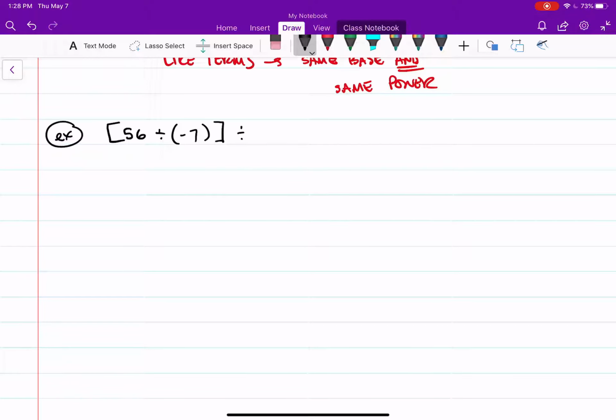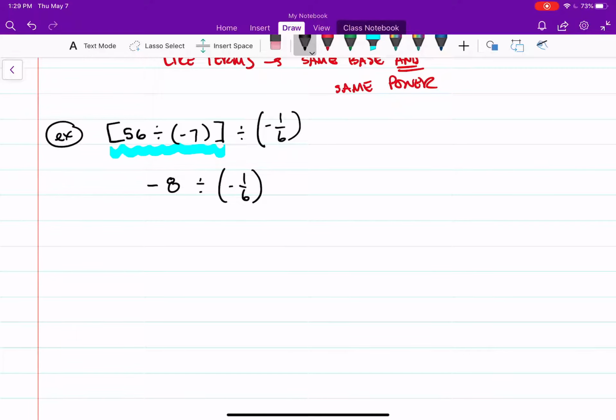And then this is divided by a -1/6. So let me do this really quick here. So what do I have to do? I have to do this first because there's parentheses there. So I'm going to go into that parentheses. Again, it's 56 divided by -7. So again, opposite signs, that means it is negative. So this is going to be a -8 divided by